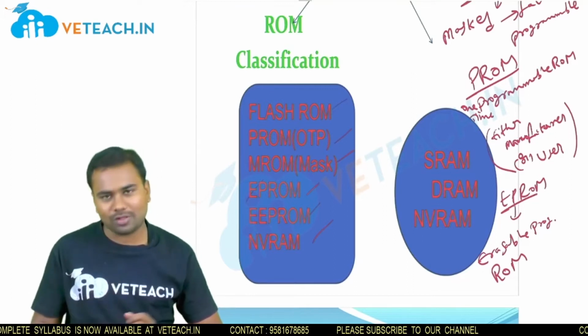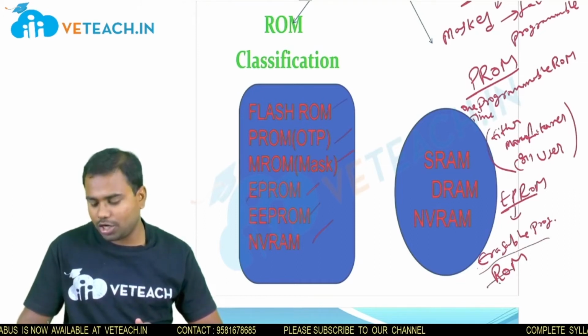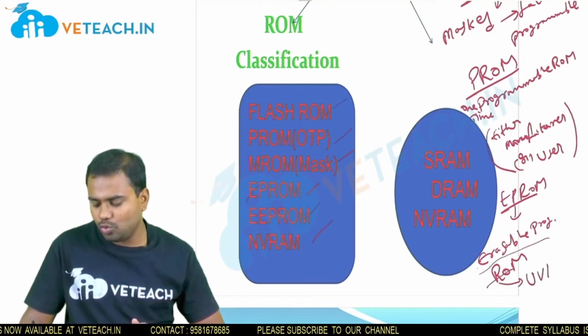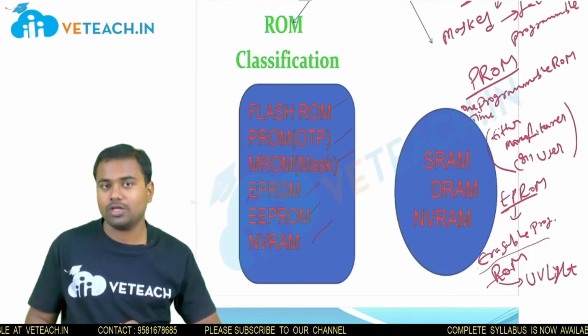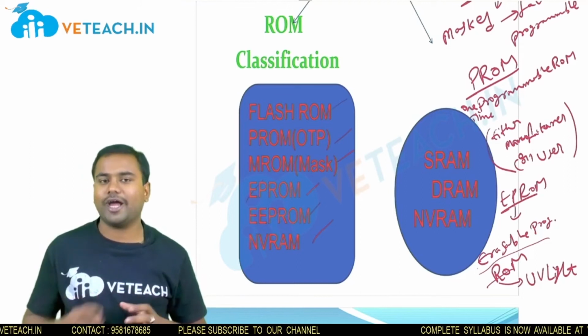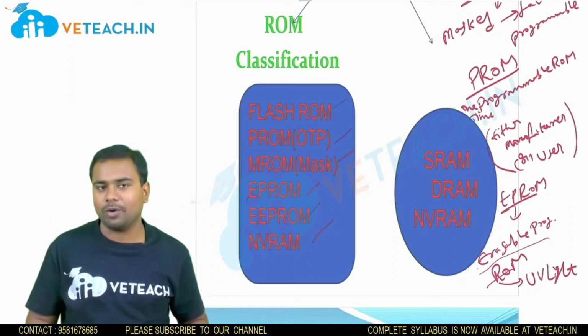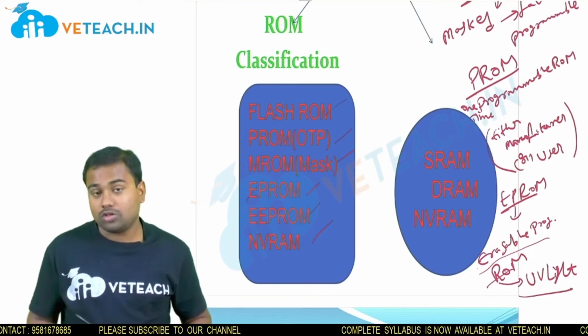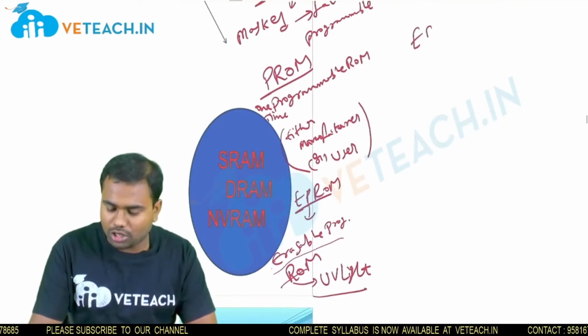We can do this multiple times, but here also we get one problem: we need to use UV light to clear this data. One more problem is that the entire stored data will be cleared in this EPROM. So the UV light is a major problem for us. We will go to the next one, that is nothing but the EEPROM,